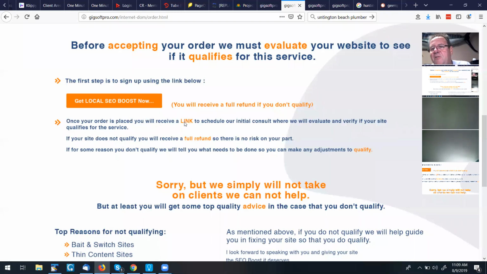You say, hey, we pushed these up, let's revise your keywords. The more communication you have with them, the happier they're going to be. That's the way you get SEO customers that last forever. Anyway, it has full instructions here. It tells them what to expect. They're going to receive a link to schedule their initial consultation. Again, at the end of that consultation, if you decide this isn't right, you just refund their money.